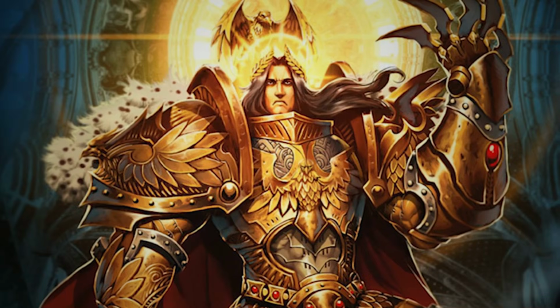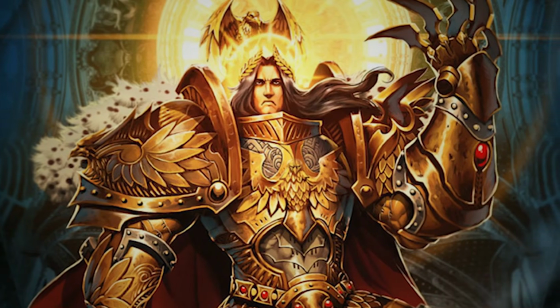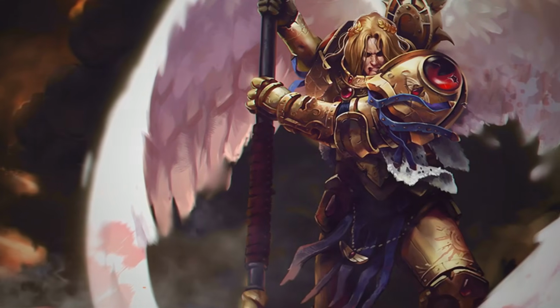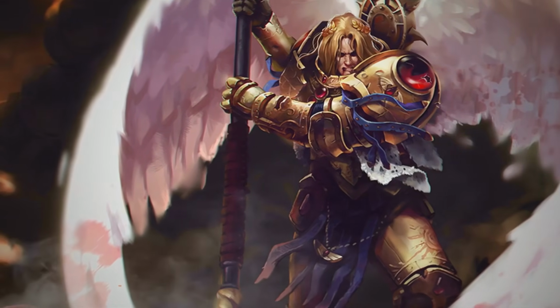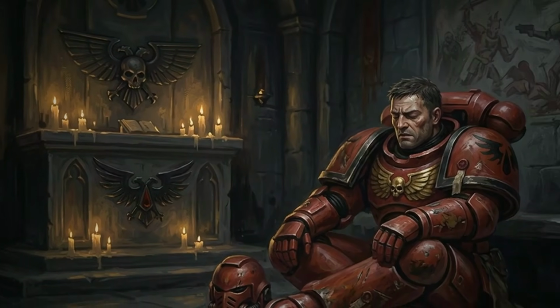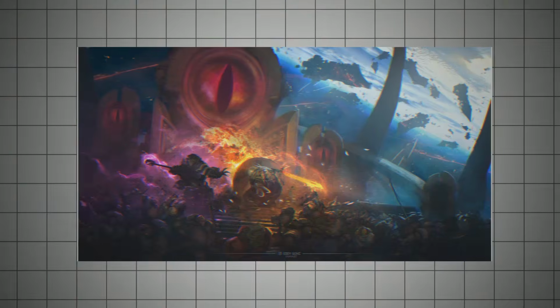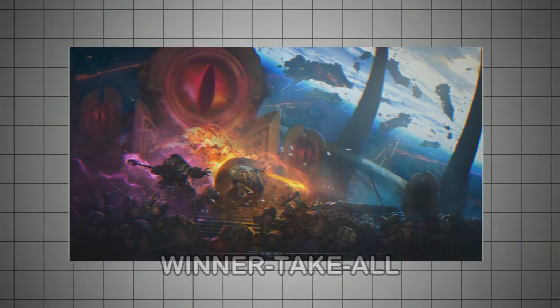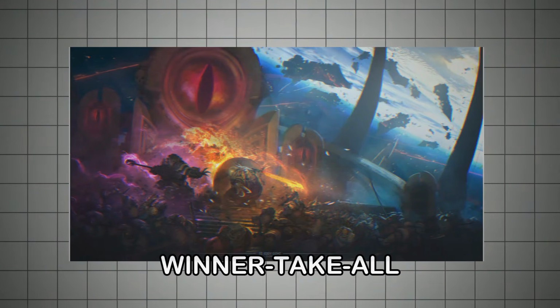The Emperor, recognizing the challenge and seeing an opportunity to strike a decisive blow, accepted. Accompanied by Sanguinius, the only Primarch capable of matching his speed and skill in close quarters, and Rogal Dorn, whose tactical mind and unwavering loyalty were indispensable, the Emperor teleported aboard the Vengeful Spirit. This was a desperate gambit, a direct assault on the War Master's command vessel, a winner-take-all confrontation that would decide the fate of the Imperium.